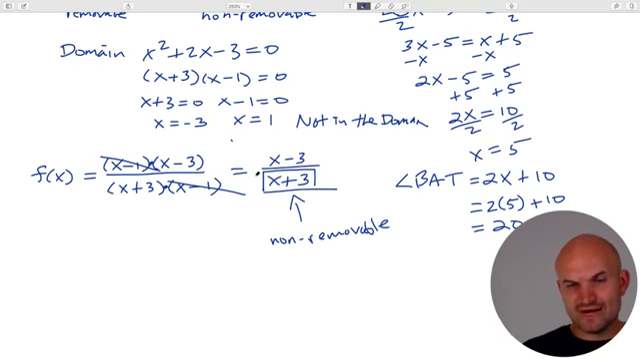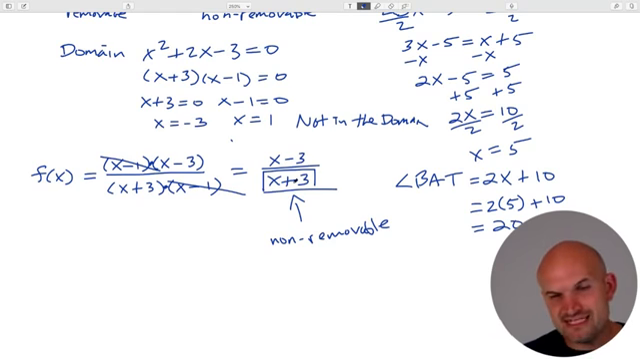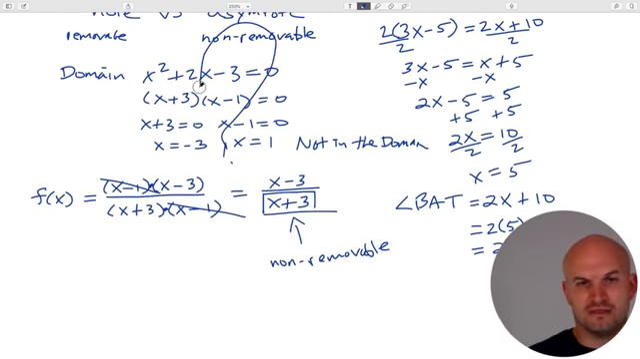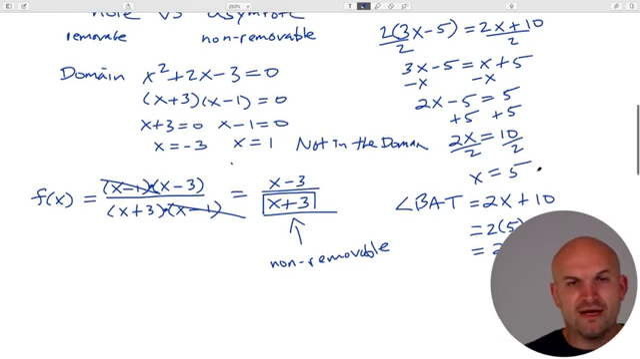But again, we're not really talking about x plus 3. We're talking about what happened when we took x plus 3 and set it equal to 0. That gave us the discontinuity of x equals -3. When x plus 3 is set equal to 0, it gives you the value of where the vertical asymptote is, the non-removable discontinuity. So hopefully